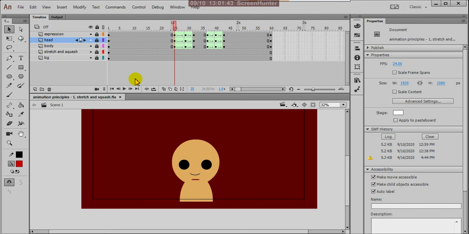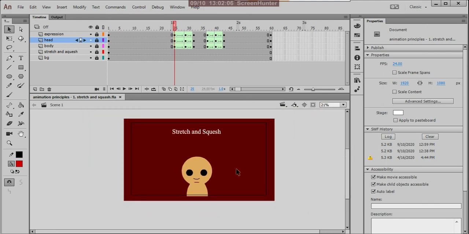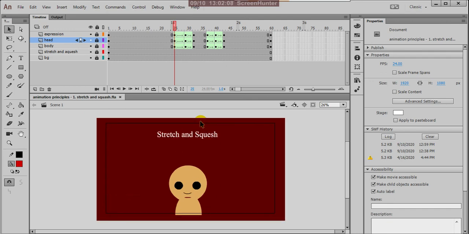So try yourself on a simple character: design a character, separate all these body parts, and do it. Sometimes you can copy the same character, or design it yourself and apply, then you will understand. Okay, so please practice this, and if you have any doubt, please ask.